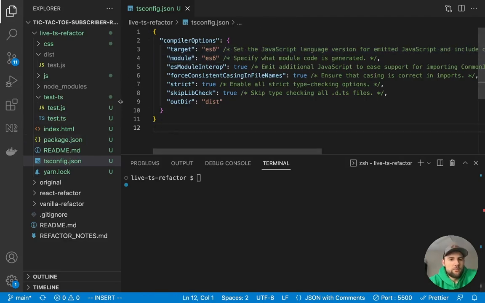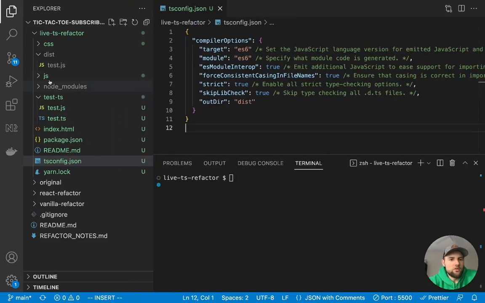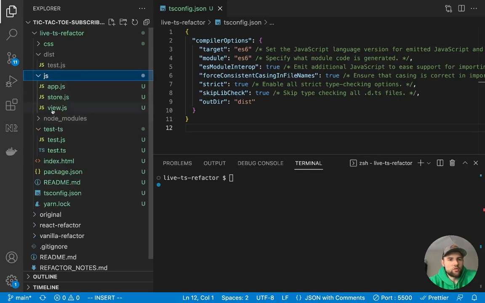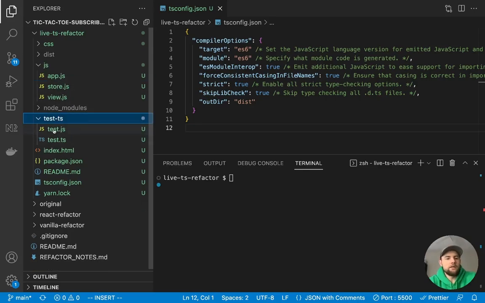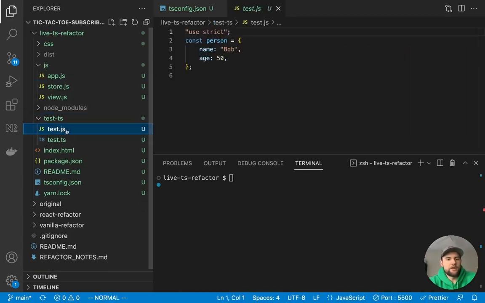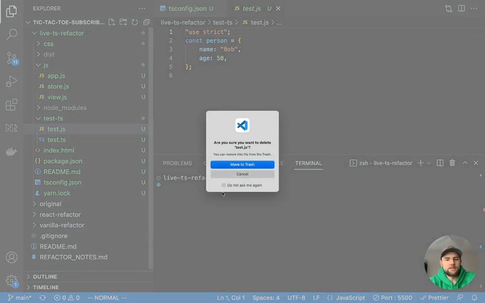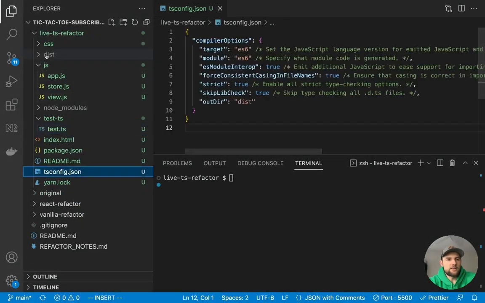Now, our next order of business here is to look in our JS directory from our original refactor and convert these files to TypeScript. So I'll leave this test.ts file for us. Let me get rid of the .js compiled file because that's now going to be over in dist.